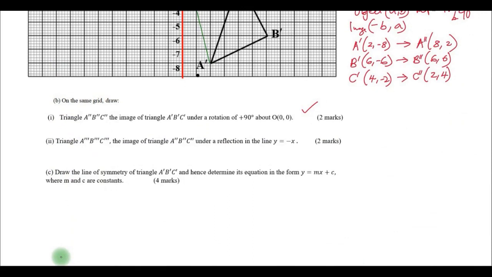A triple prime, B triple prime, C triple prime, the image of triangle A double prime, B double prime, C double prime, under a reflection in the line y equals minus x. So in our case now we are talking about reflection in y equals minus x. So in such a case